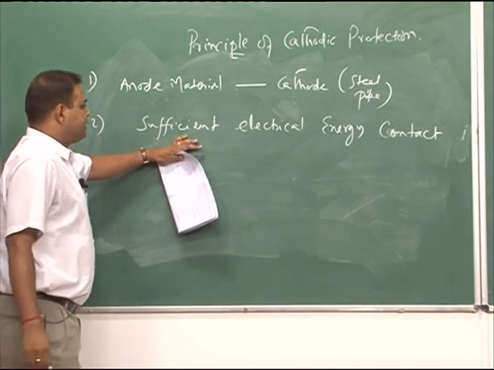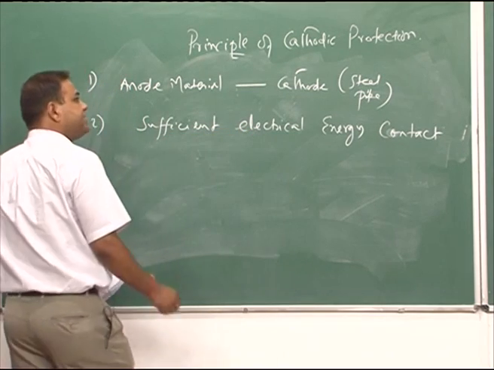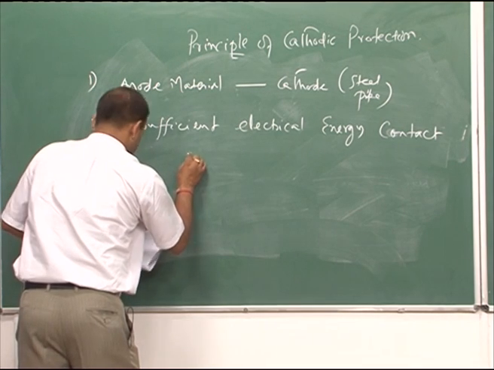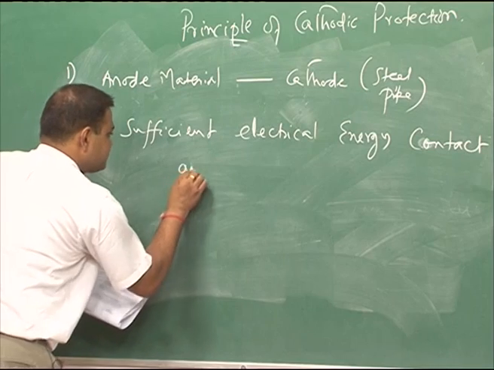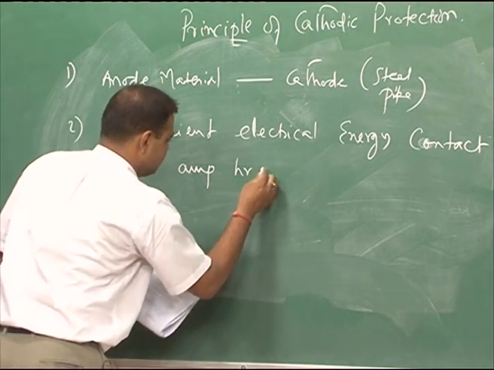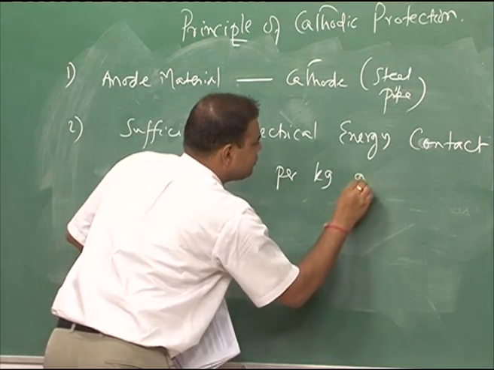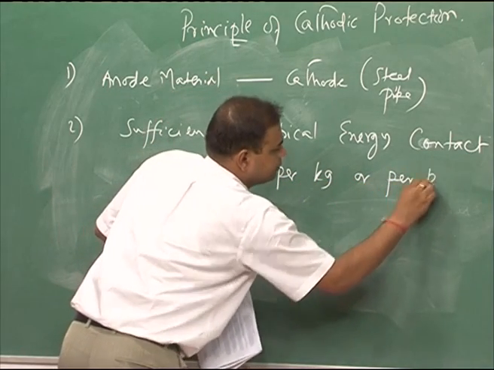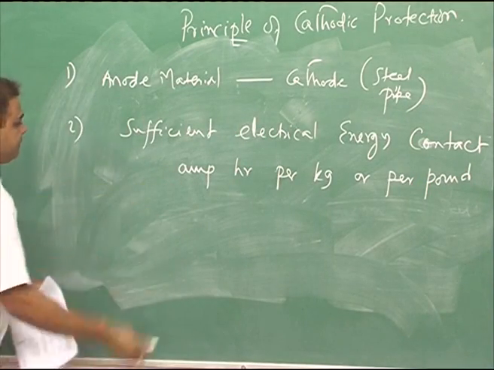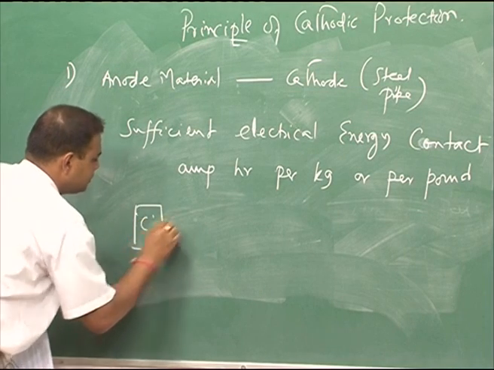It means, let us say, the sufficient electrical energy contact. Let us say for a particular anode material, the rating is given like this: ampere hour per kg or per pound. It means that if we send, let us say this is the system, this is my cathode,